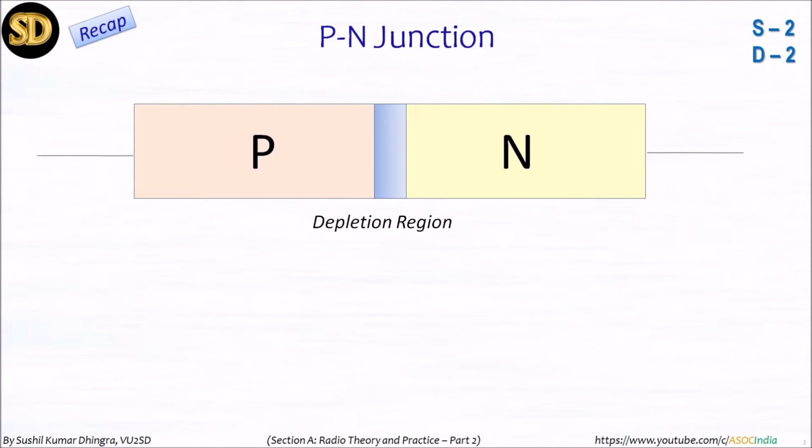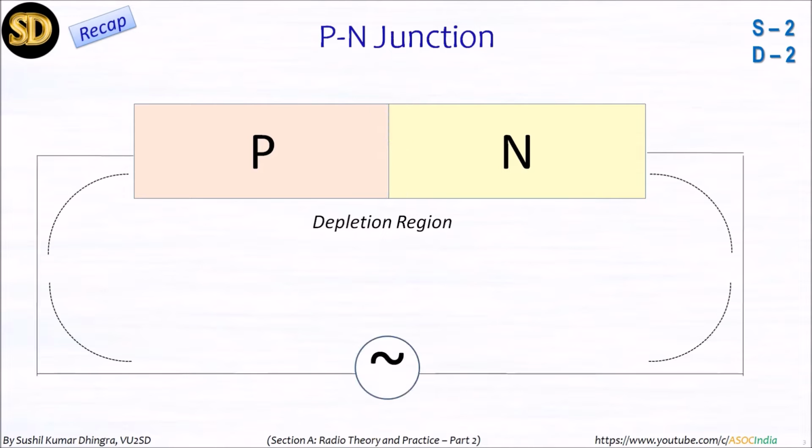This is a recap. If we give a supply, as you can see on the screen, I have given an AC supply, and first the positive phase is going towards P and the negative phase is going to N. Both have the same charge, so there is a repulsion. Due to repulsion, the depth of the depletion region will be minimum. It is easy for AC to break the barrier or region and pass the current. So this kind of PN junction is forward biased and conducting. Now we change the supply, as you see on the screen.